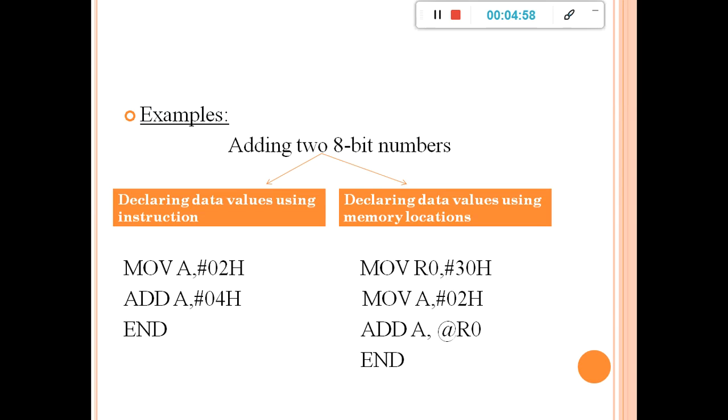Whenever you want to fetch data from memory locations, if you use a direct addressing mode, there is no need of a pointer; you can take the data directly from that address. Suppose you are going for indirect addressing mode. Here I used indirect addressing mode, that's why I wrote @ here. Whenever you are using direct addressing mode, no need to use pointers, but when you are using indirect addressing mode, you have to use pointers.